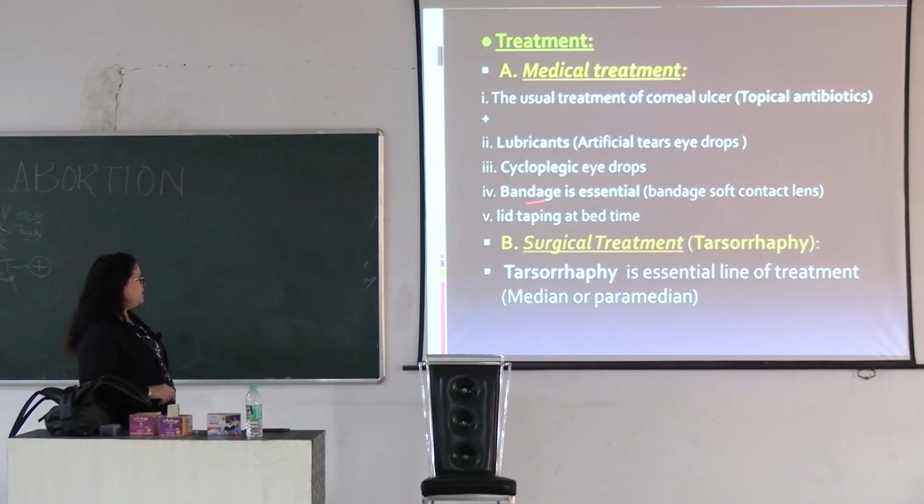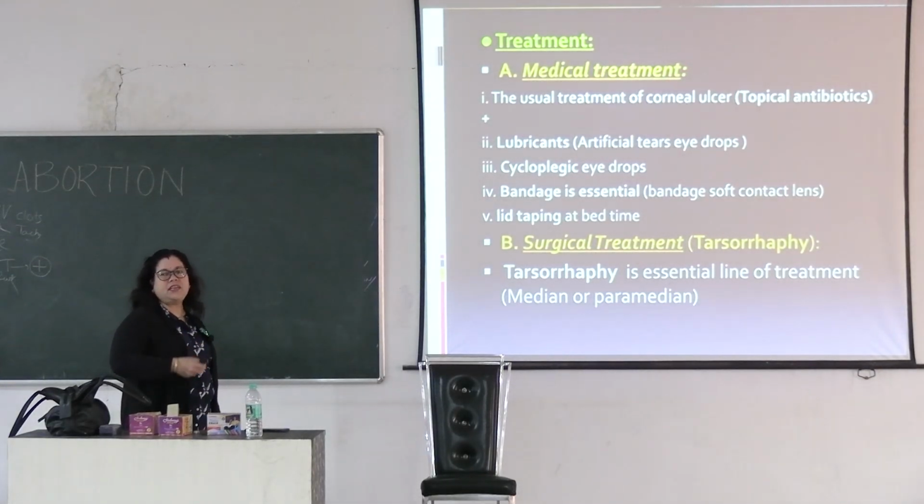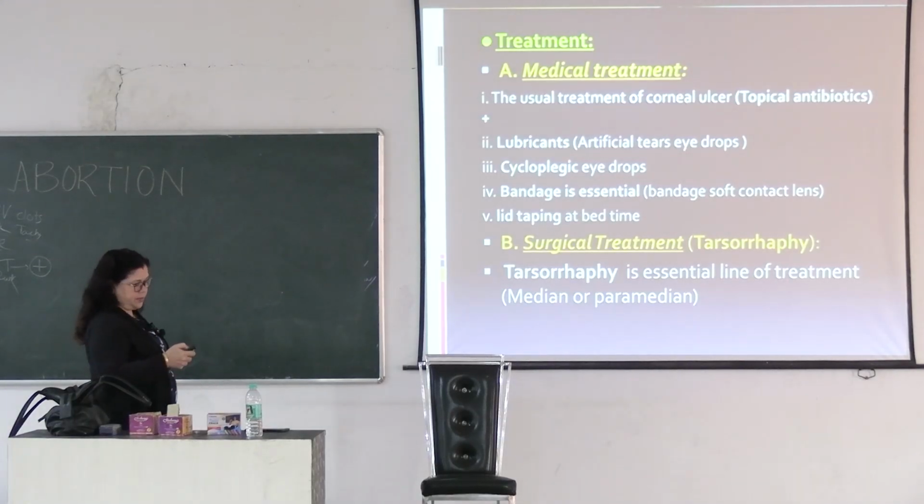In this case, a bandage is essential. Bandage and soft contact lens are given. If bandage and soft contact lens are given, then the healing process is increased, and if